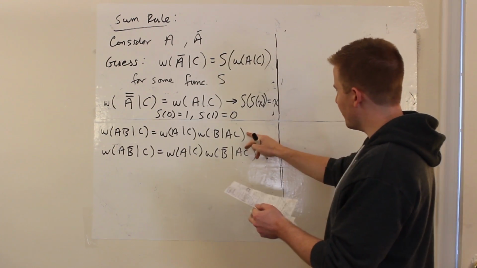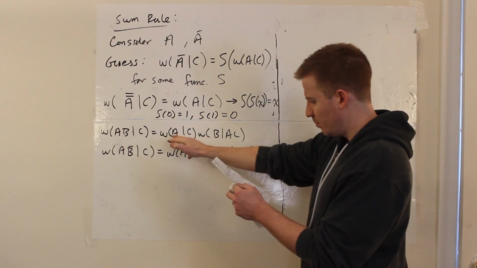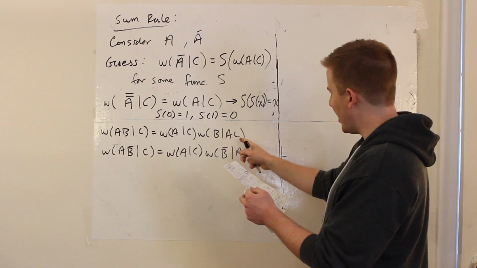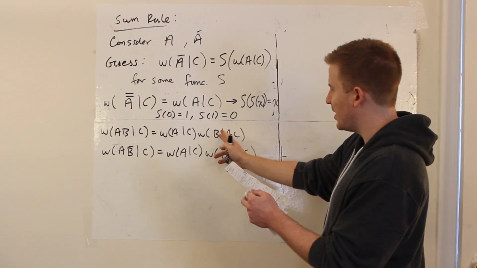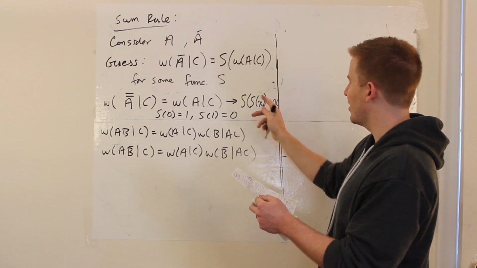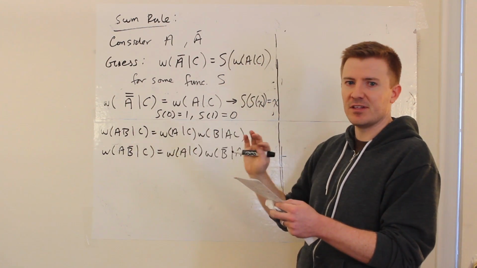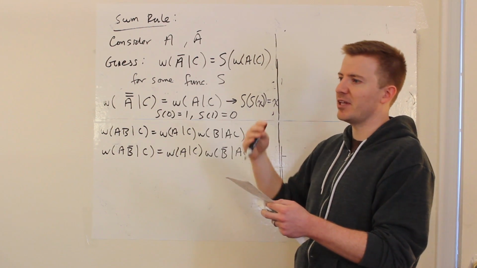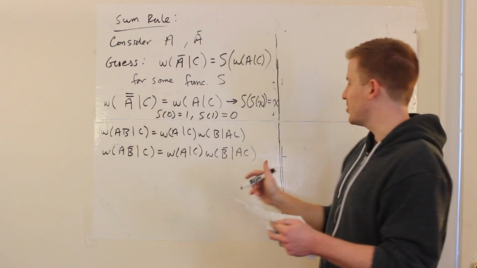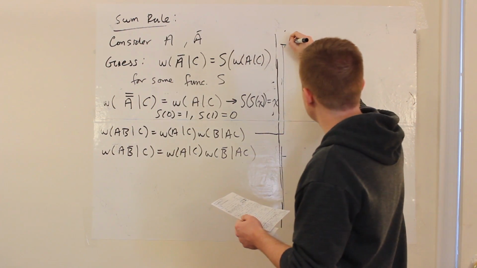Okay, so starting from this formulation, weight of A and C, weight of B given A and C, what we can actually do is switch this to a B bar using this definition of S. So I like to think again of W as the weight of the plausibility. S is a switch function that takes you from plausibilities related to a statement to plausibilities related to its inverse or its complementary statement. So if we just take that and apply it, what we'll get is, okay,